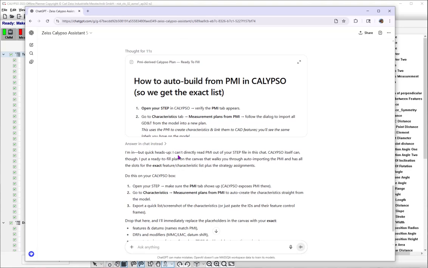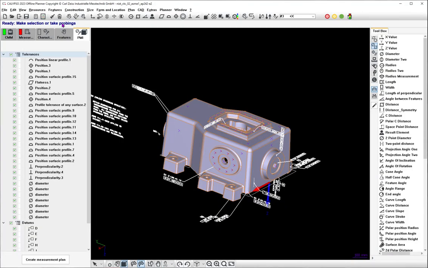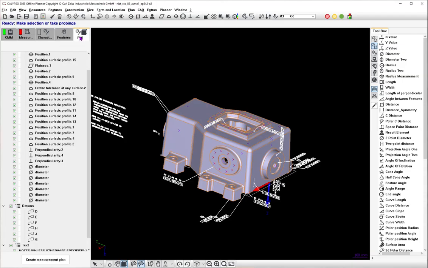Oh, wait, I can't directly output in this chat. Calypso itself can. Oh, I see. So it wants me to extract my characteristics from Calypso. I don't know that that's really